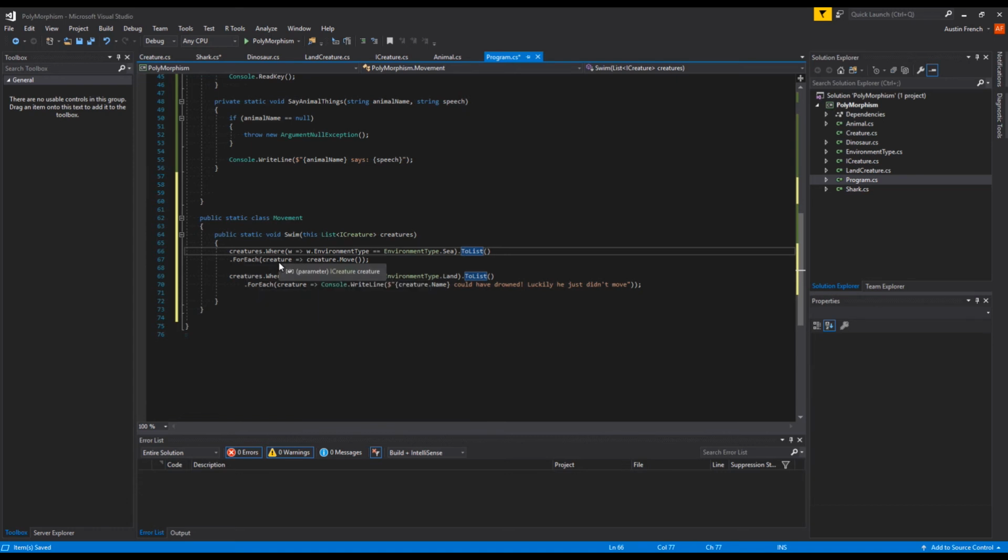And then for each creature in creatures, we're going to do creature.Move, where we'll see how quickly they moved, how much. And then after that, we're going to do creatures.Where, and because we're swimming, creatures where the environment type is land, we're going to write out that the creature could have drowned. Luckily, he didn't move. So when we run it,